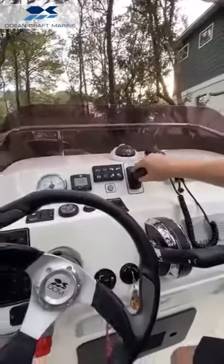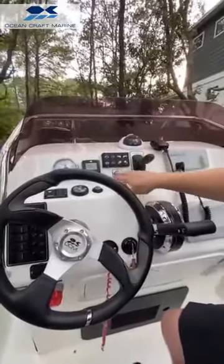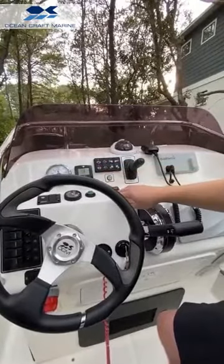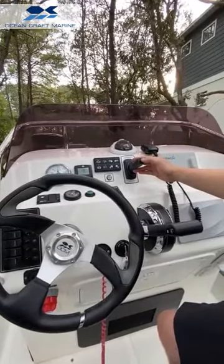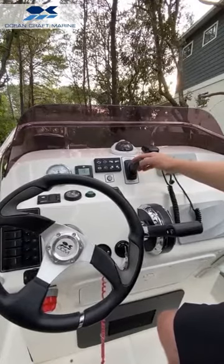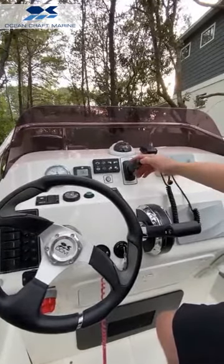Now as you're using the amphibious system, whenever you put it in neutral, there's a 5-second lock before the brake gets engaged here. So if you wait 5 seconds, that will engage. And then here is your joystick that actually operates the wheels going forward or back. And then you have a differential lock here. There's a button on top. So if you're in some heavier sand and you want all 4 wheels to spin evenly, you'll hold that down